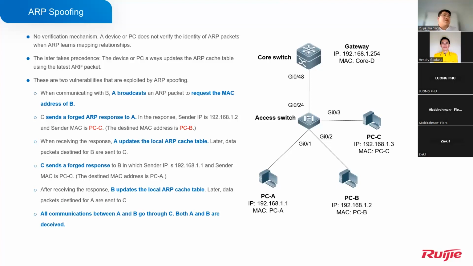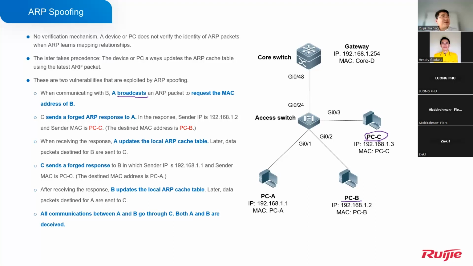ARP is mainly used to request the MAC address of one specific IP, right? So when A communicates with B, A will send the ARP packet. The ARP request is a broadcast packet to request the MAC of B. Since it's a broadcast packet, B and C can receive it. But normally, after receiving it, C will just ignore it because